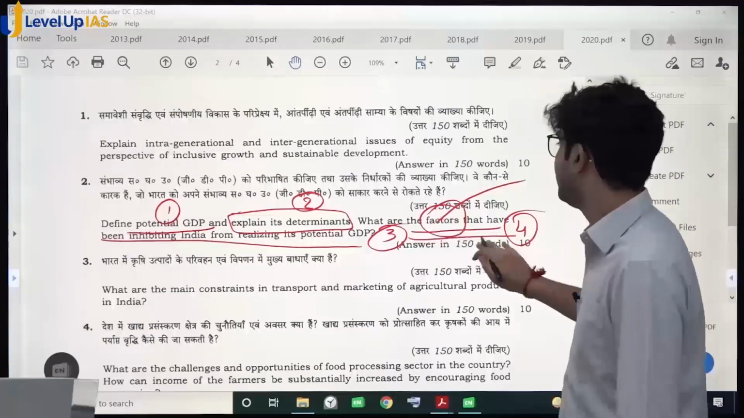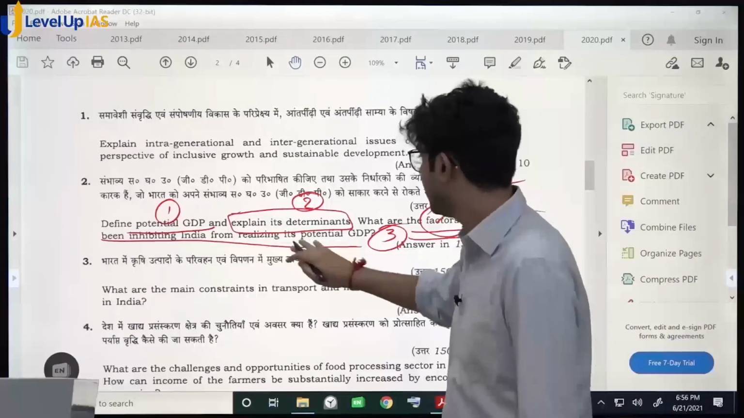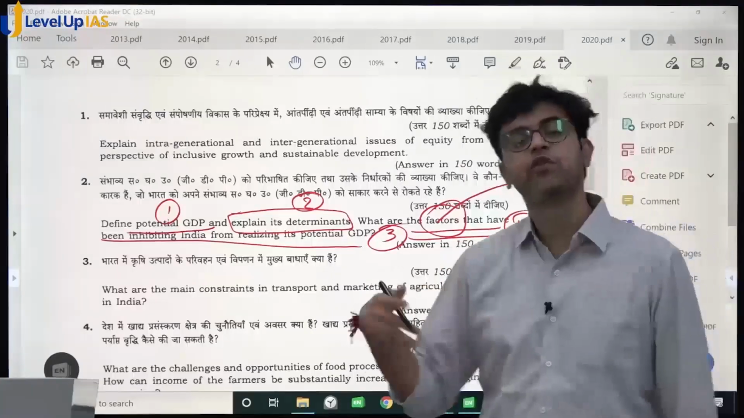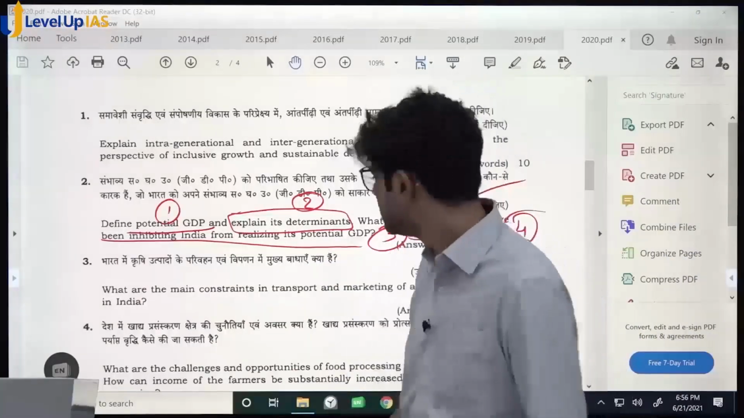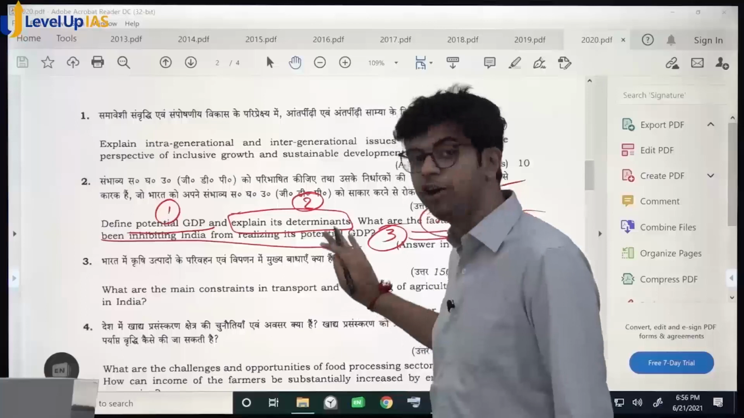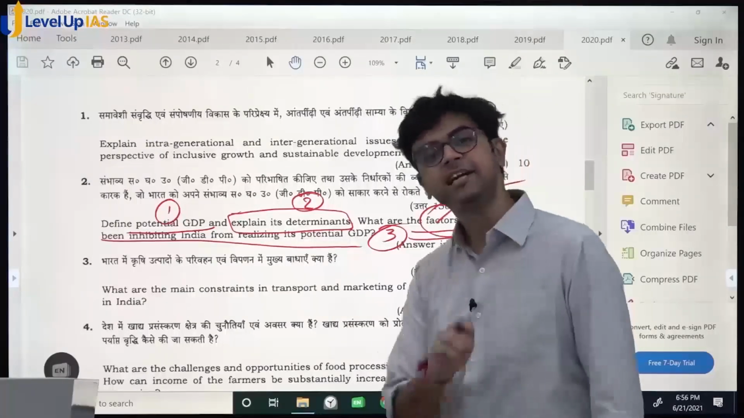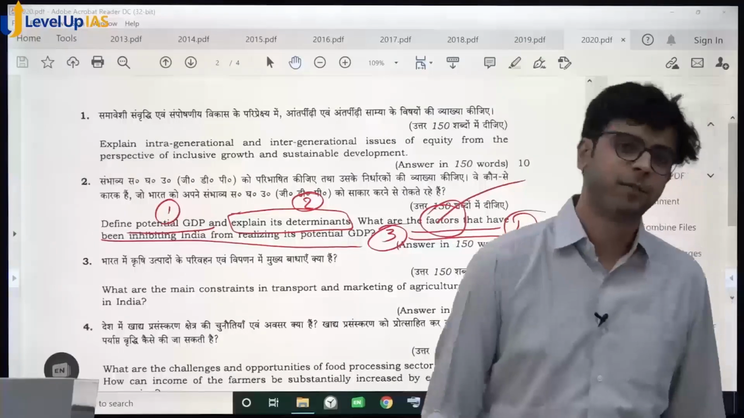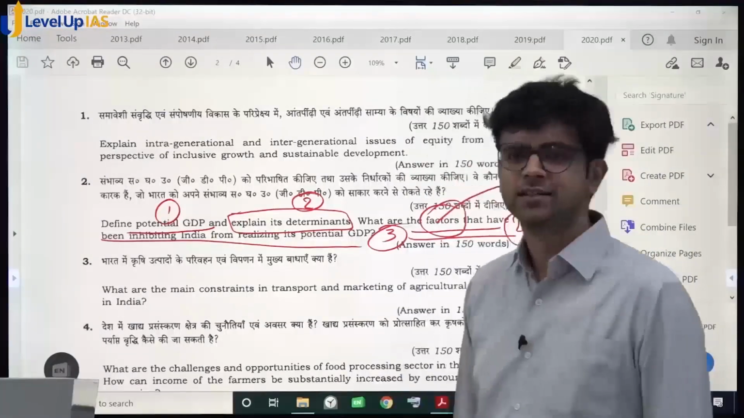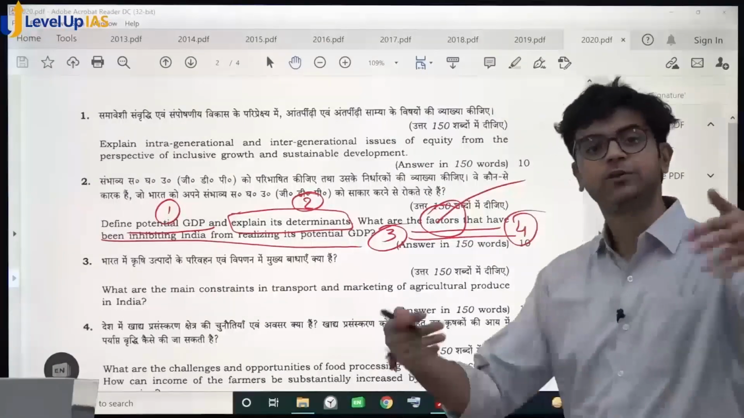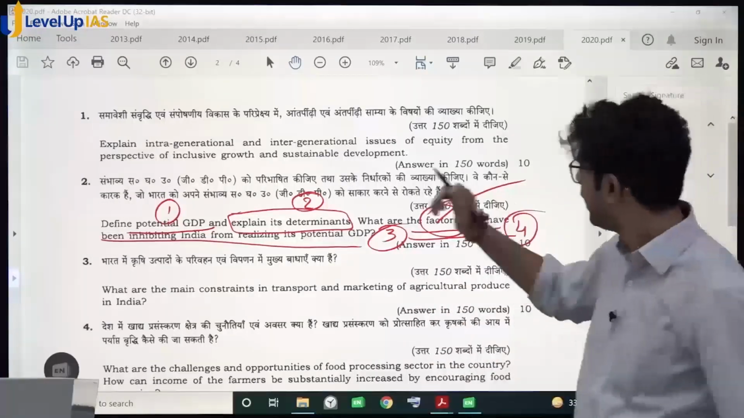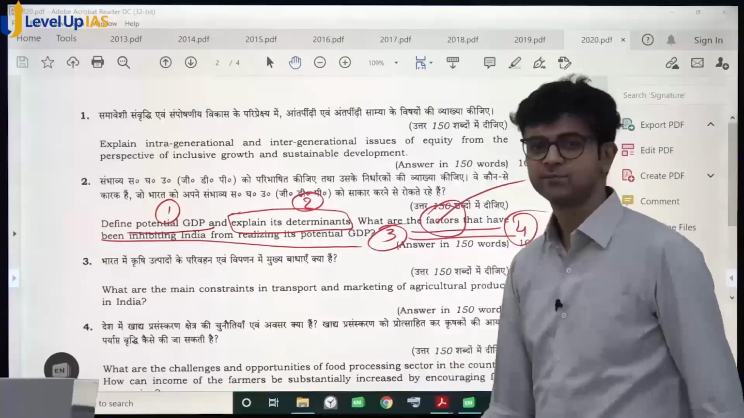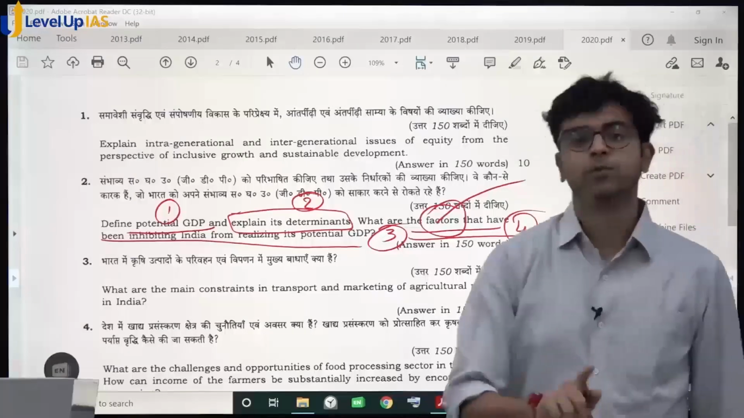Okay? What are the factors that have been inhibiting India from realizing its potential GDP? Which means overall economy mein what are the drawbacks? This is so important and not tough. This is so easy. You can write anything and you can write here, this is causing potential GDP problem. Anything you can write here. All the economic issues you probably thought of, you can write here. So this is very easy. But most importantly,